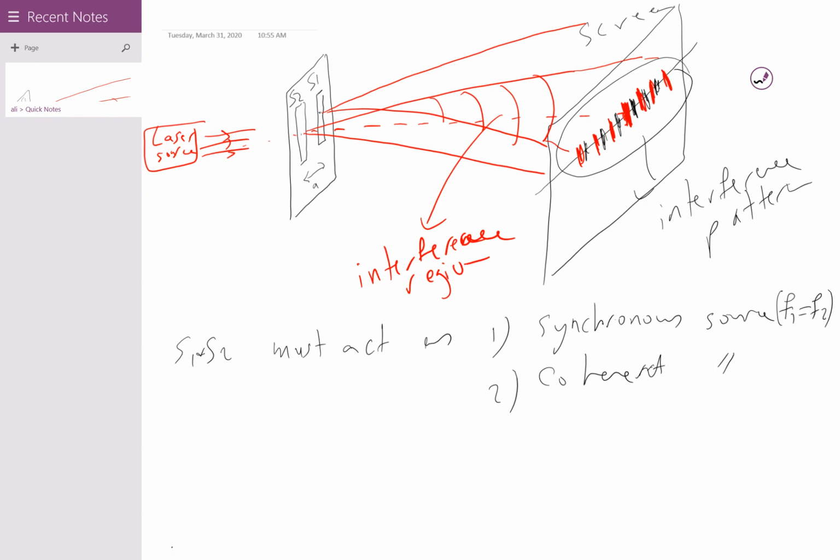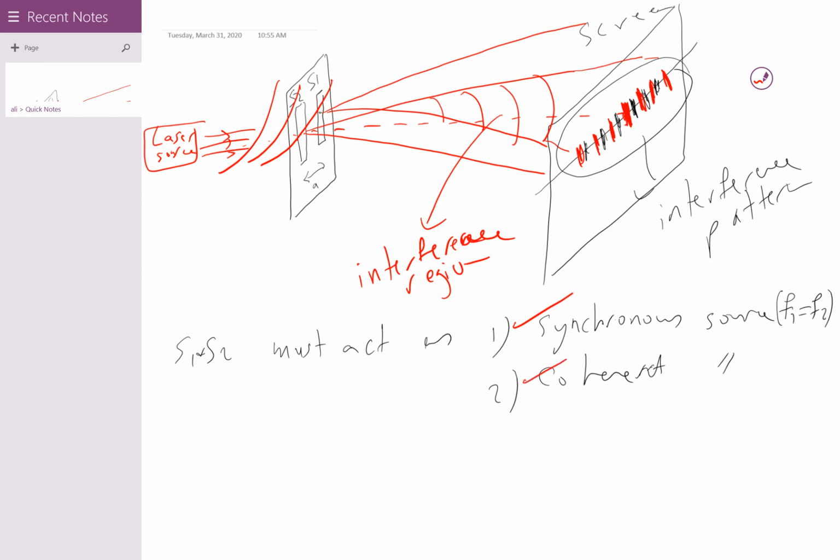And this is very easy because the source S1 and the source S2 initially belong to the same wavefront coming from the laser source. So the frequency here and the frequency here are the same because they belong to the same wavefront from the laser source. Therefore, this condition is very easy to obtain. But the problem is in the second condition,